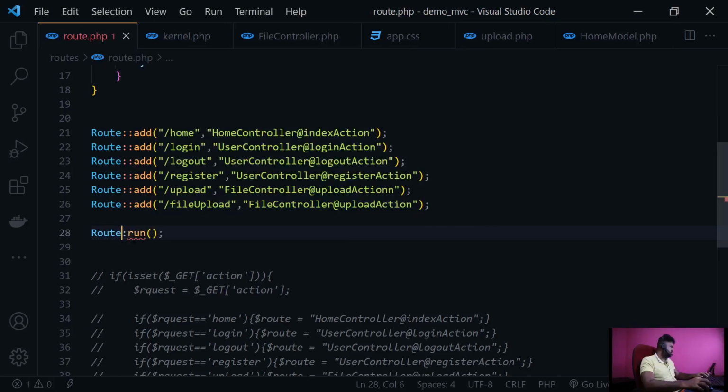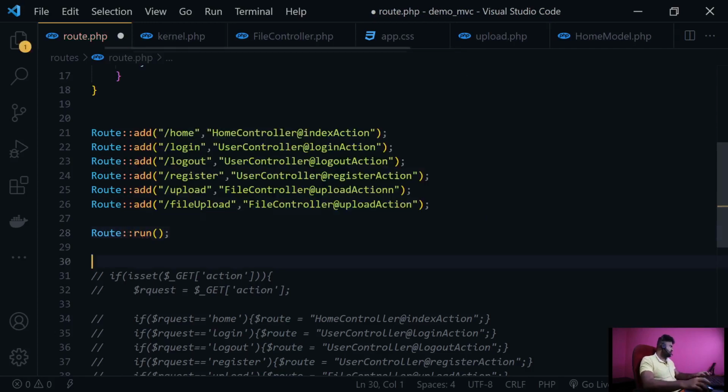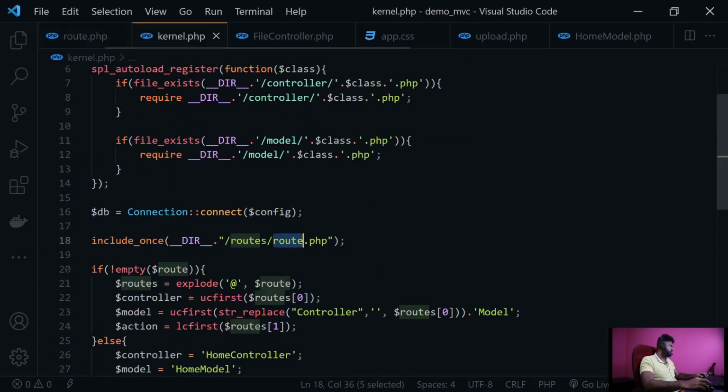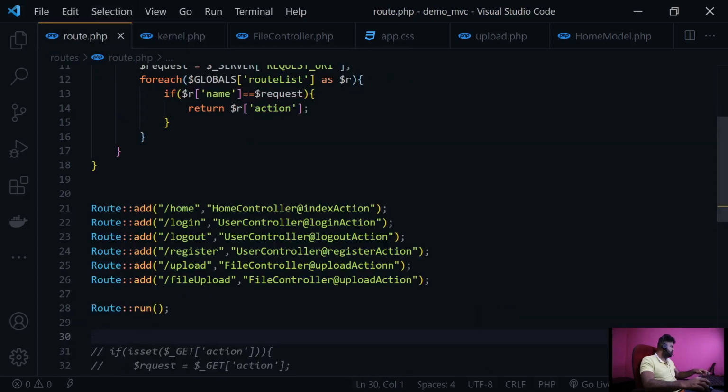Okay, here we miss the... Okay, now it's returning the route. That means it will return the route, but here with this kernel we compare with this route variable. Here we need to capture this return into this dollar route. Okay, now our route